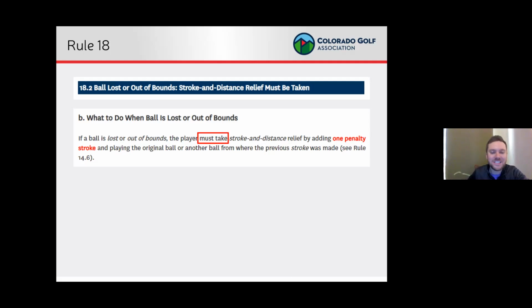That ball is lost, and the player must take stroke and distance. So the player's next stroke must be made from the teeing area. If it is not made from the teeing area, they have now additionally played from a wrong place. I say this because on a lot of the rules tests or rules quizzes, this stroke and distance procedure gets very tricky because of where you think you have to play the ball